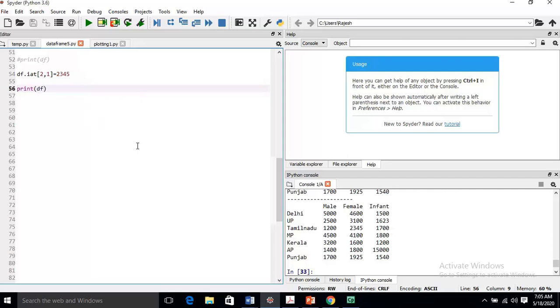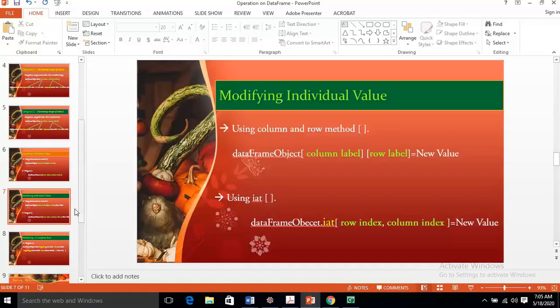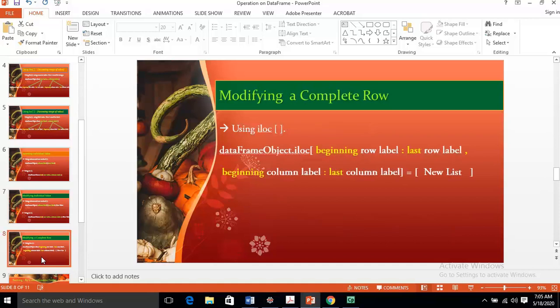What you will see, 2 3 4 5, this is 2 3 4 5. Here we are just changing the individual value. Now suppose that you just want to change the complete row of MP. You just want to change the complete row of male, female, infant, or you just want to change the complete row of Punjab. Then what we will do, if you have to change the complete row, then we will use